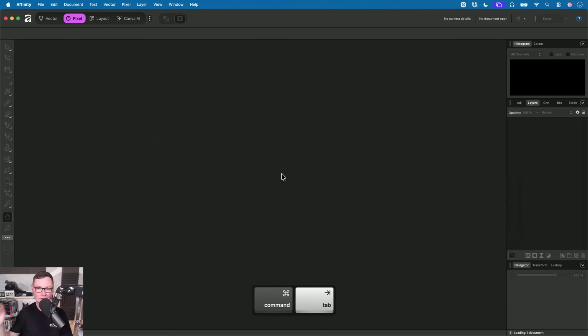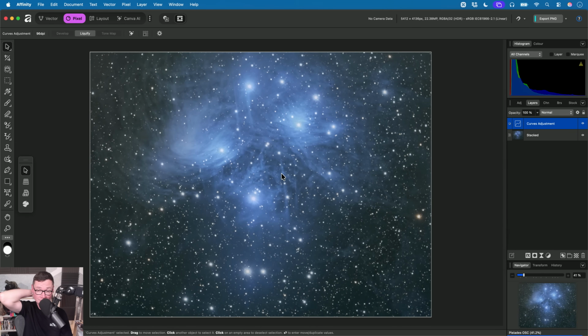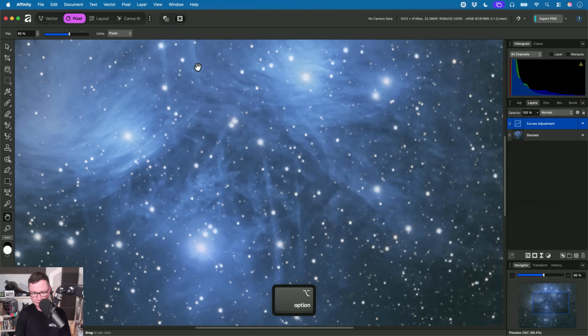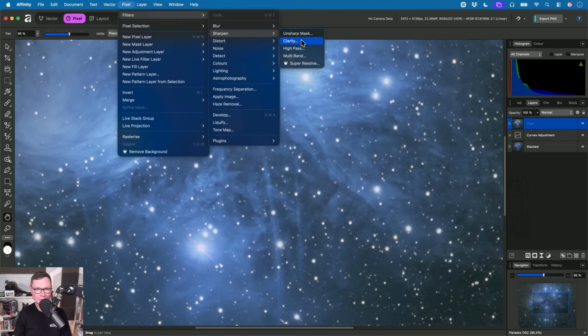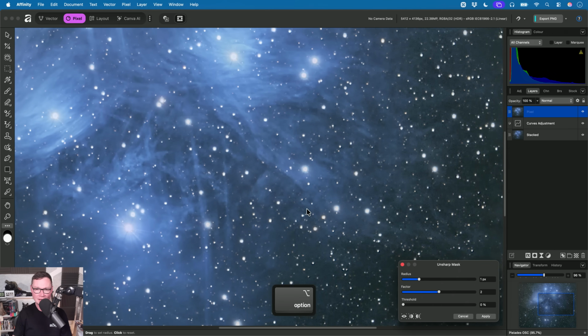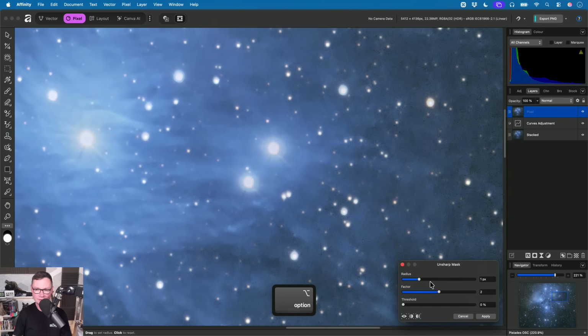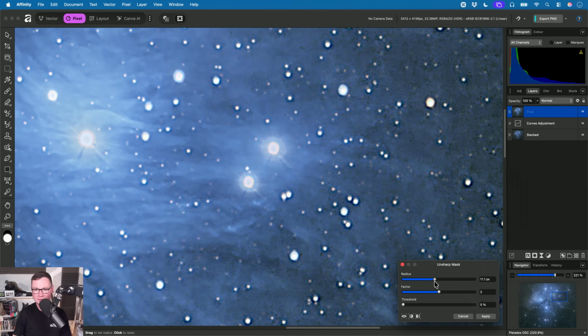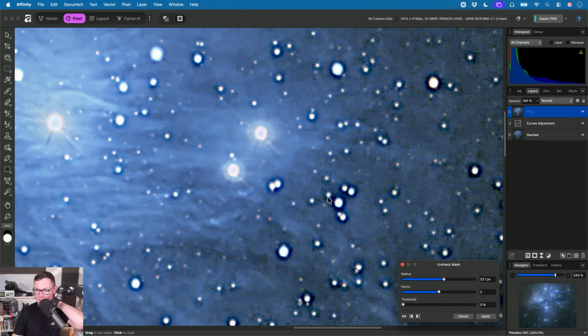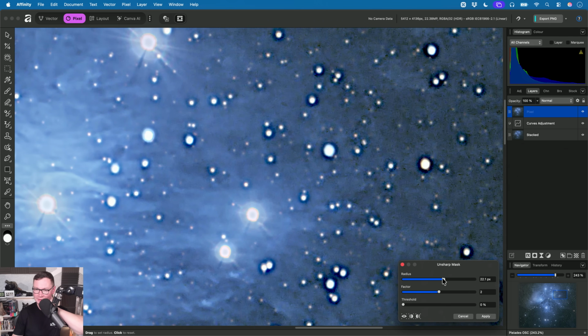So here's a one-shot color image of the Pleiades. And again, this is in RGBA 32, as you can see up here. So, just to do this comparison, I'll merge a pixel layer, and then I will use unsharp mask. And I need to get quite aggressive here for the level of sharpening that I need. So watch what happens when I start to drag the radius up. Look, you get the nasty black haloing